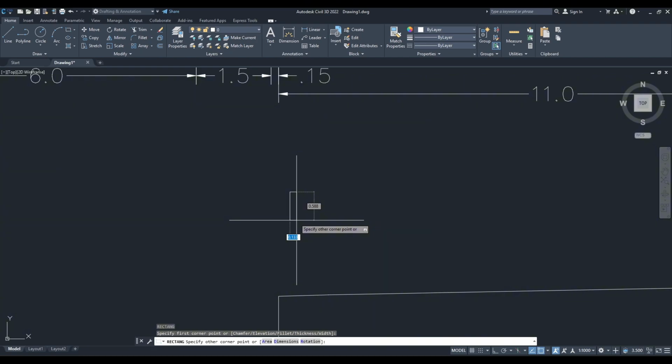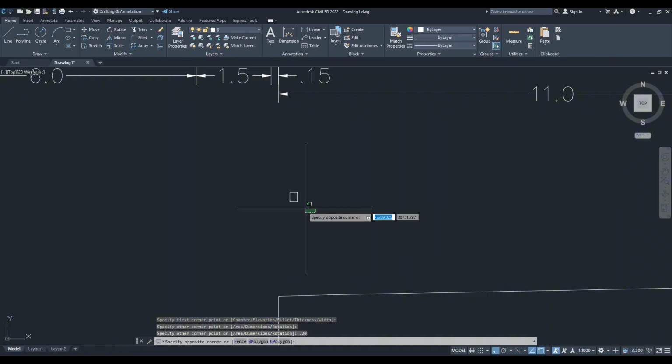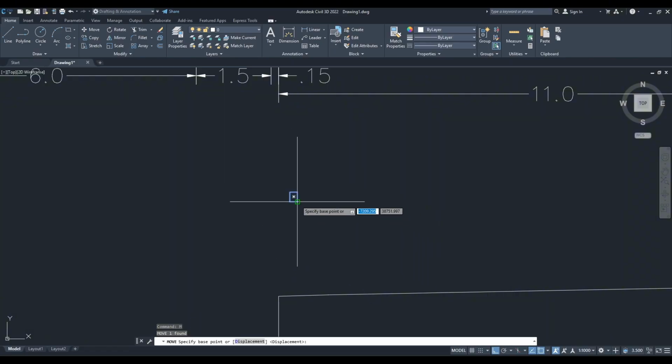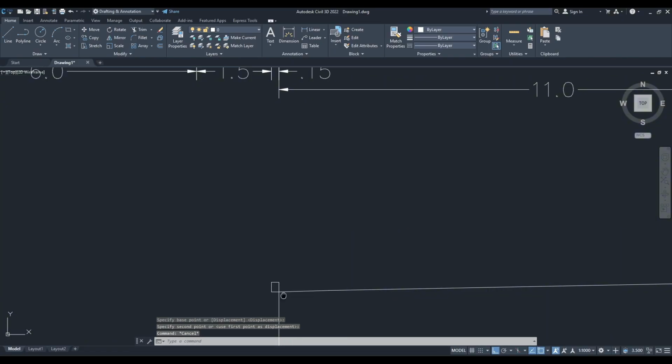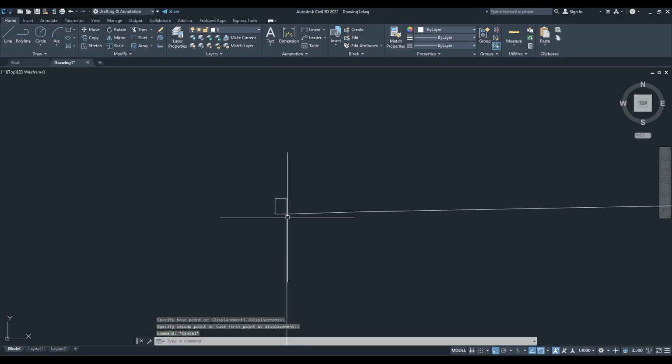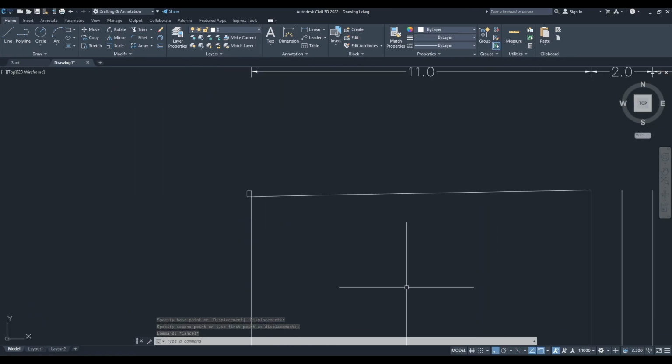Give this 0.15 by 0.20. Okay. Select it and move it here. This is the curve part. And now curve